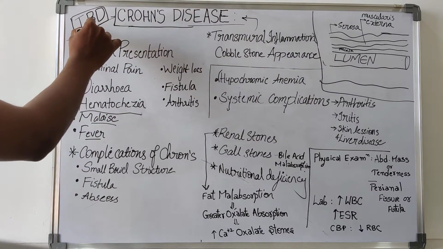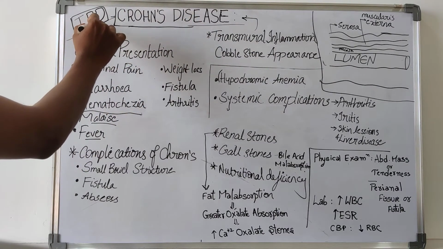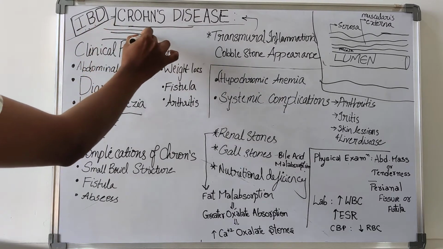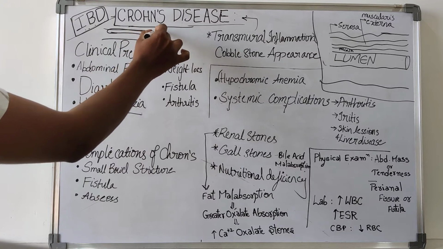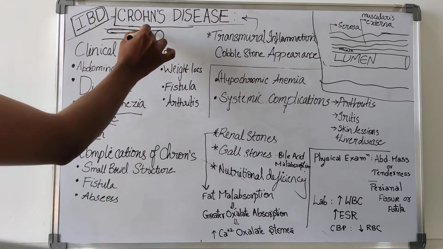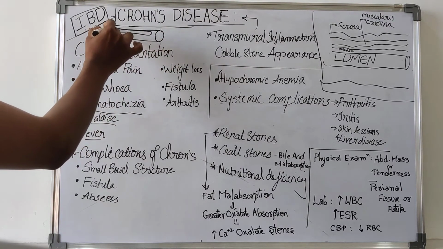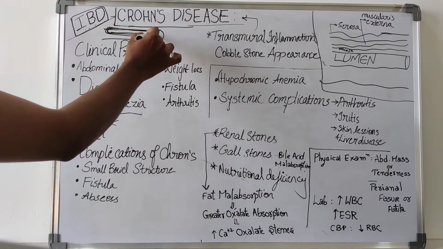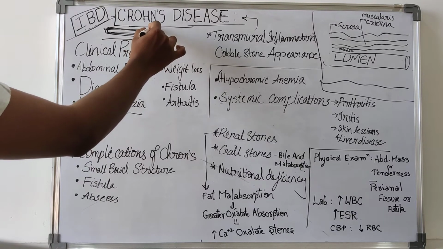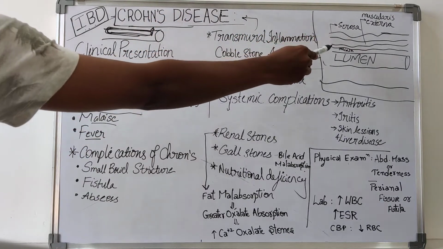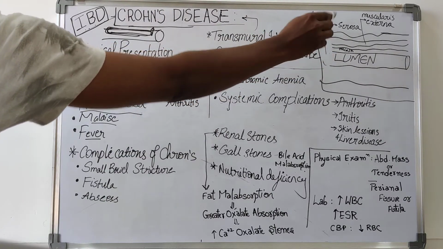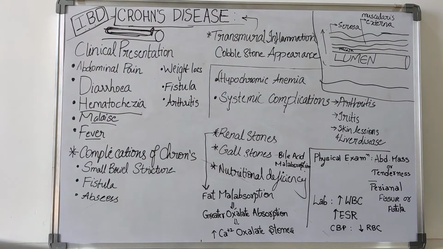What is inflammatory bowel disorder? Inflammatory bowel disorder involves inflammation along the length of the intestine. So, along the length of the intestine, if this is the lumen, this is the submucosal layer. Here there will be an inflammation. This inflammation may progress from the submucosa to the outer layers, that is, from the submucosa towards the serosa. This type of inflammation is called inflammatory bowel disorder.